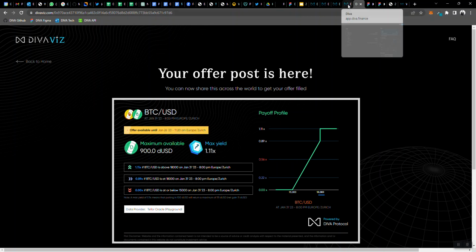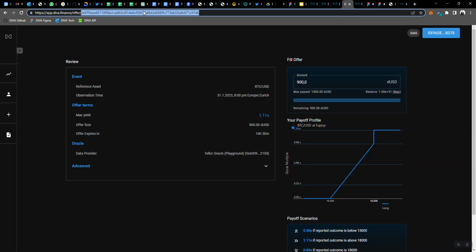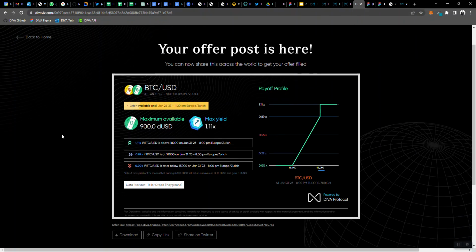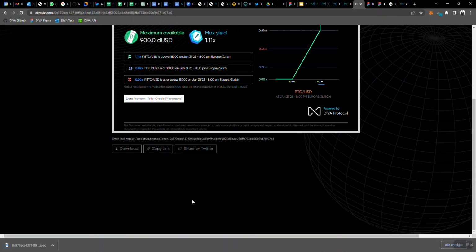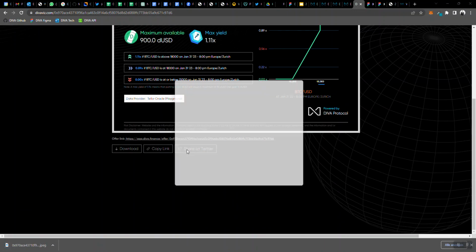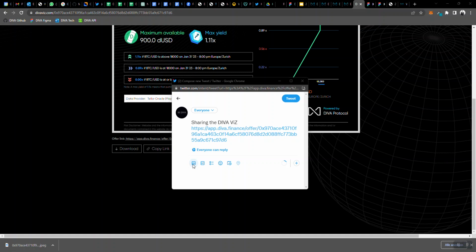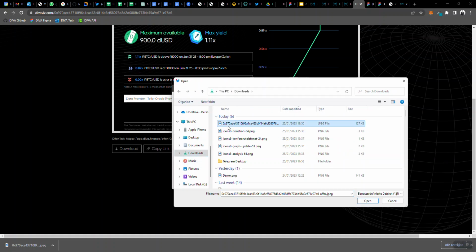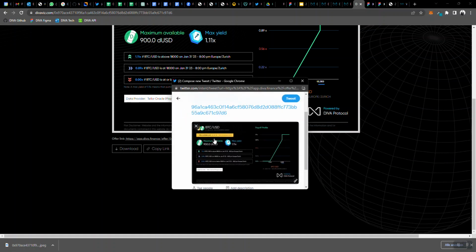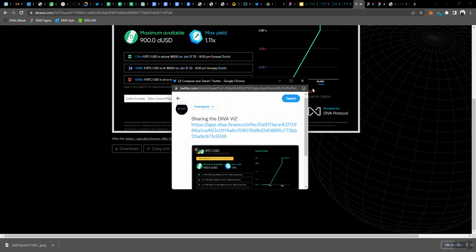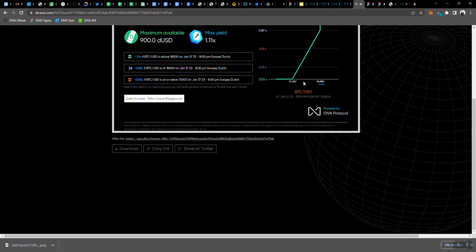You can simply take the unique ID, the offer hash of your product offer, and create such a beautiful card. You can download it. If you want, you can also share it on Twitter, including the illustration, for everyone to see across the world. So that's the fourth one that I would like to show.